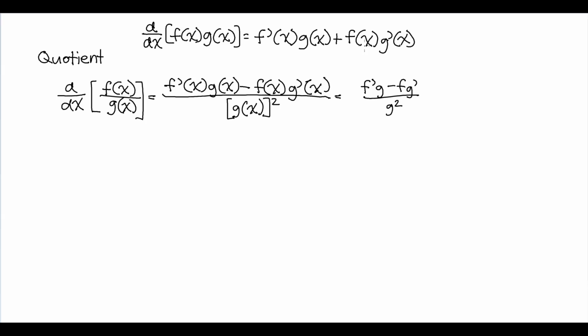Now, with the quotient rule upon us, remember, we only have derivatives of sine of x and cosine of x. Now we can get derivatives of all 6 trig functions using the quotient rule: tangent of x, cosecant of x, secant of x, and cotangent of x. So I'm just going to do the derivative of tangent of x as an example. Okay, so the derivative of tangent of x,